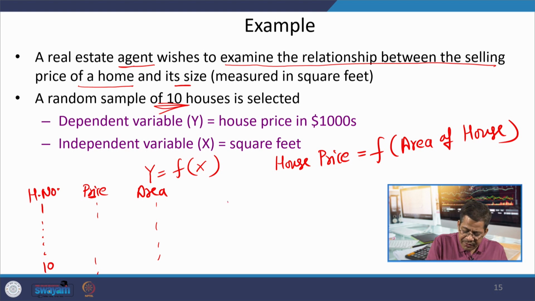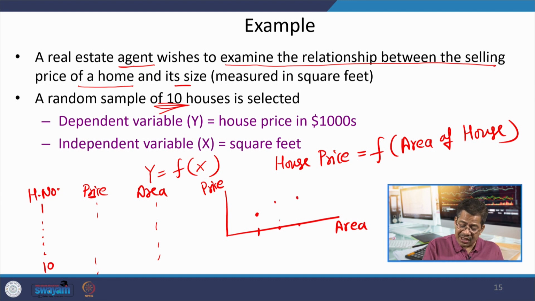And then with the help of area on x axis, price on y axis, if area is this much, what is the price? Area is this much, what is the price? Area is this much, what is the price? For same area, it is possible that 2 prices may be available, because you all can easily understand that house price may also be very much dependent upon the location also, not only the area, but the location where it is. House prices may depend on various other factors also.